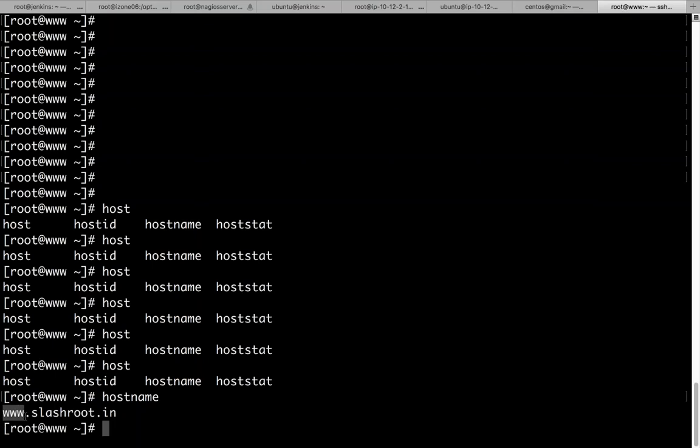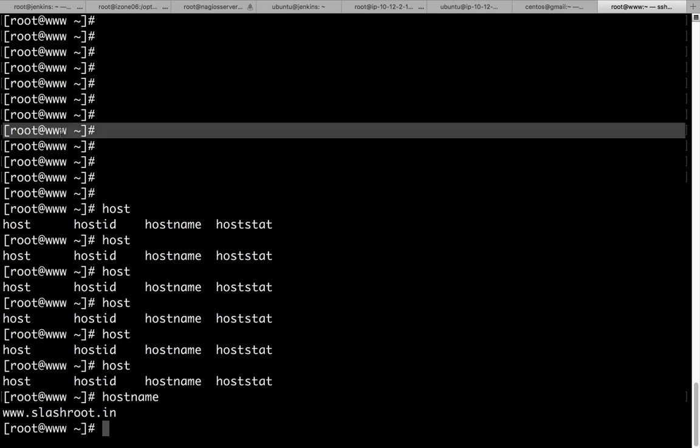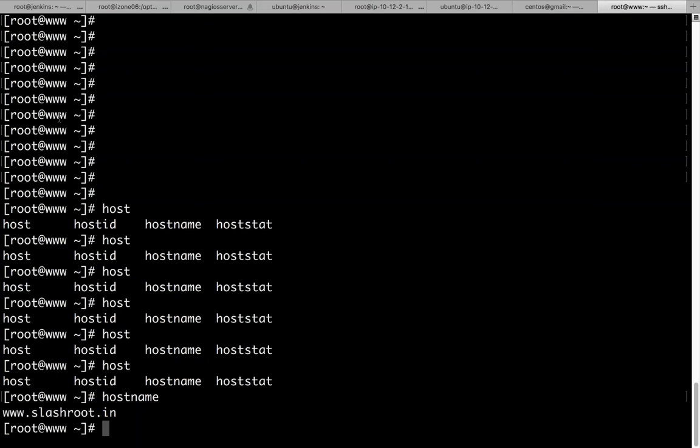The name of the computer, the name of the server, is www, and this is of course the name of the domain. That is the reason the bash shell is only showing www, and not www.root.in. It is intelligently identifying that the name of the computer or the server is the left-hand side section and the domain is the right-hand side section, which I do not want to show to the end user, whoever is